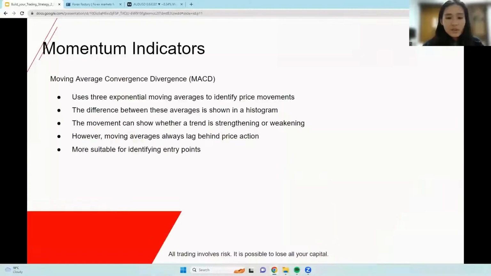Okay, so firstly, let's look at the different momentum indicators. The first one we're going to be talking about is the MACD, or moving average convergence divergence indicator. I personally really like to use this indicator because at one glance it tells you exactly what the signals are. If you want to know the calculation behind it,